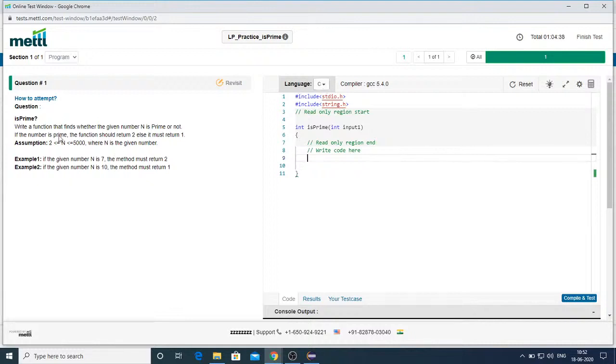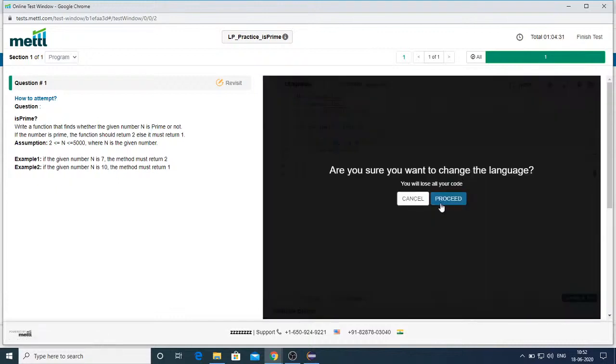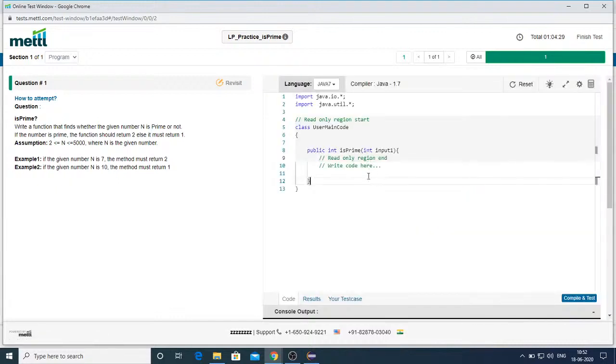So remember that point. First check which language is being selected and change the language to the one you want to write the code in, and then observe the description given on the left side panel, and then start writing the code, then compile and test, and keep watching the time, and make sure that you are able to submit your code within that time. And these are not going to be evaluated, these are for practice purposes for your assessment tests.